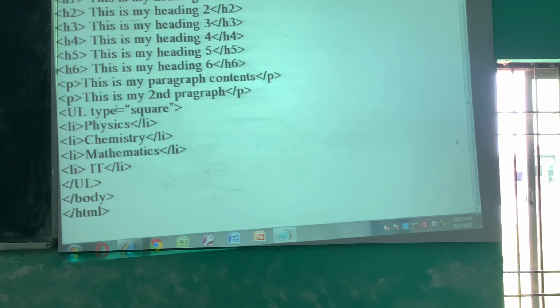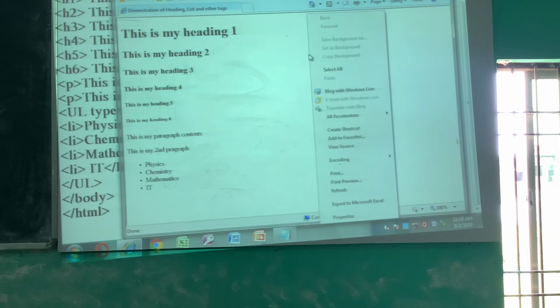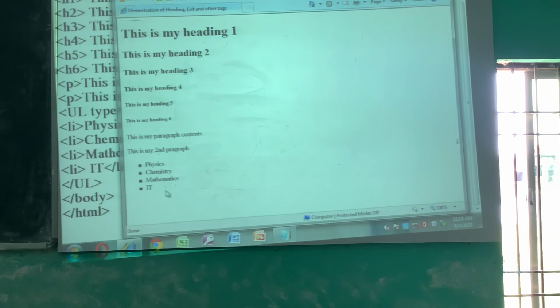So suppose you want square type of bullets, then use the attribute type and give its value square. Save it. Let us see. So this is the square type of bullets.